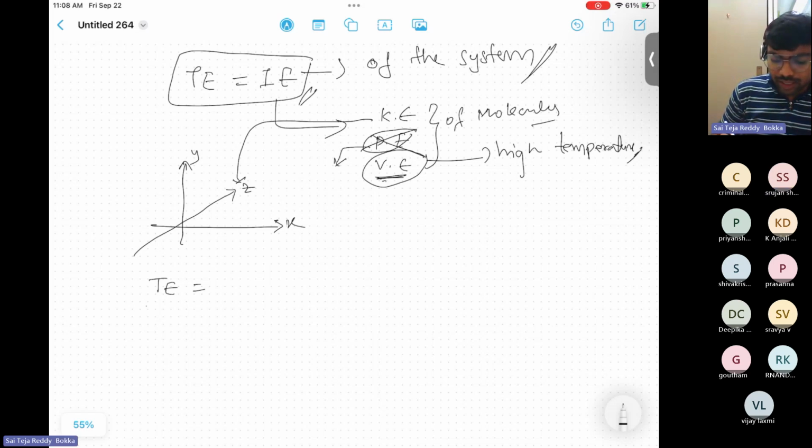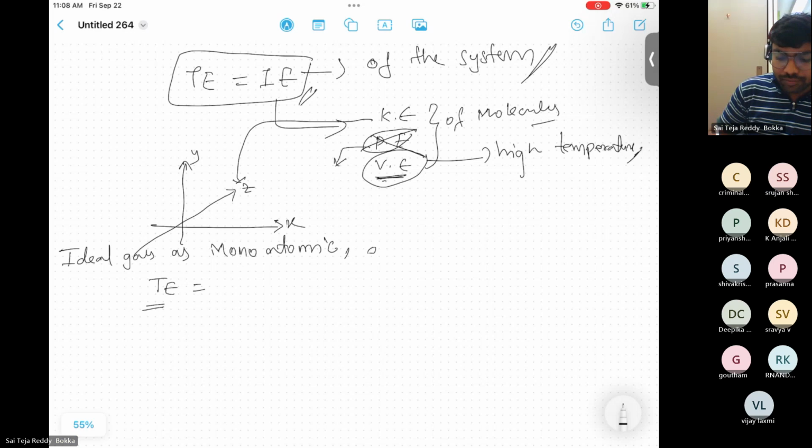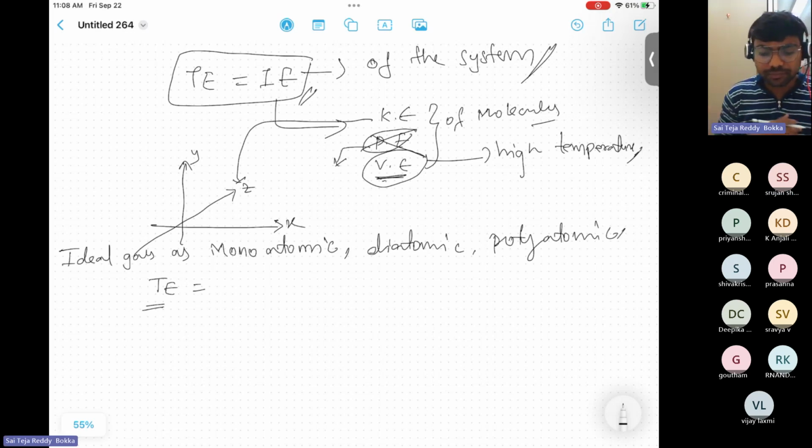While you are considering the total energy, you have to see whether you are considering the ideal gas as monoatomic, diatomic, or polyatomic. Triatomic or anything polyatomic, just consider as polyatomic. So when you're calculating, the total energy will be represented with U, the internal energy, which is equal to, for a monoatomic gas,